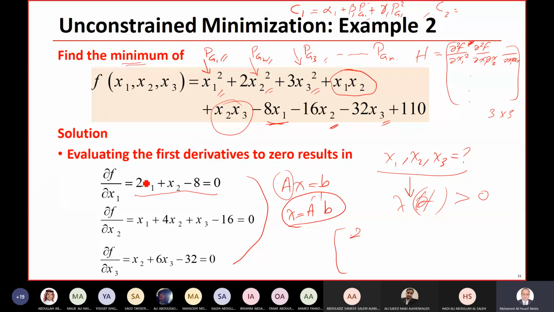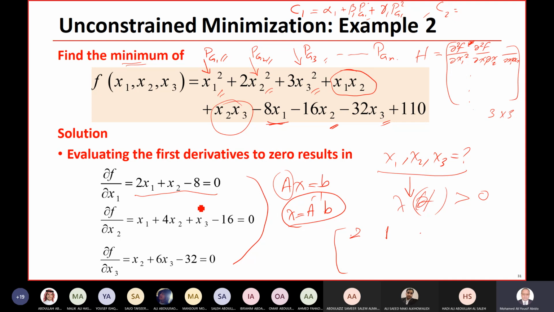Then you take the derivative with respect to x1 again, so this will diminish, and this one will be 2. What is the entry here? 1. Exactly. This is partial square f over partial x1 partial x2. If you take the derivative with respect to x2, this will be 0, this will be 0, so this will be 1. And the third entry, for x3,